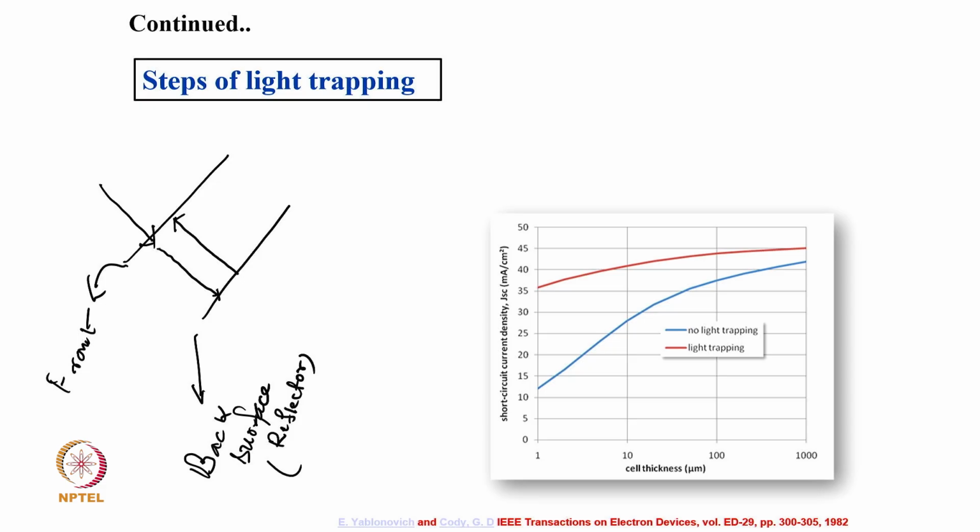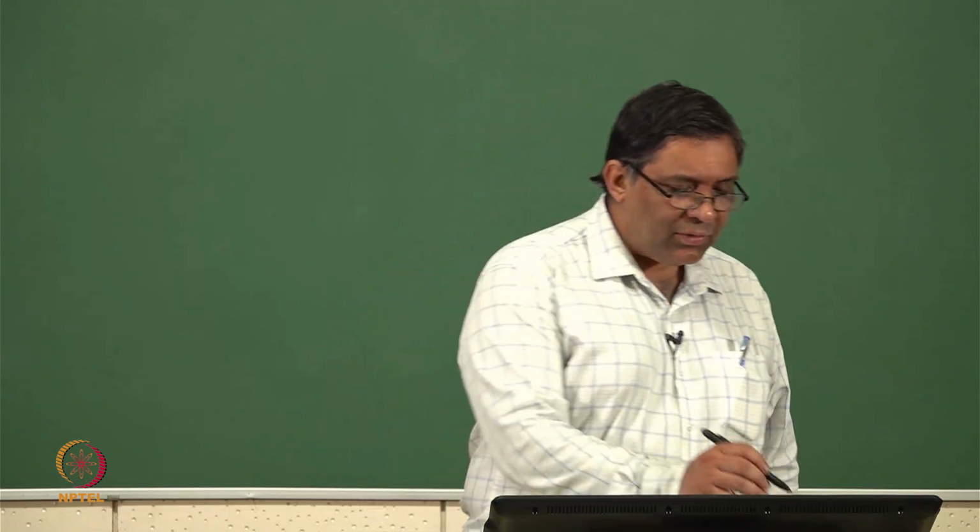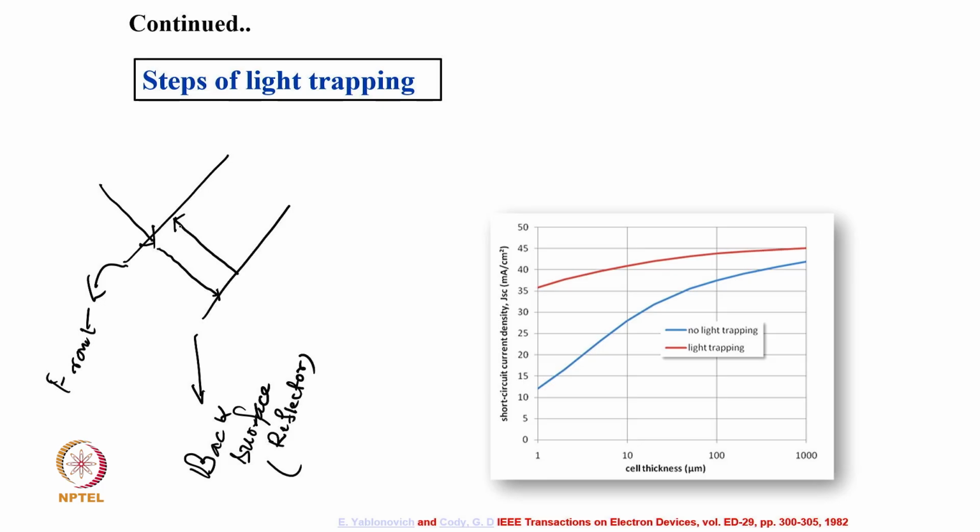Okay, so if you have a back reflector, what happens? This back reflector also reflects light back. So what essentially you have done is, you can see here it is one optical path length. If you do not use this back reflector, then this light goes out, then you have only one optical path length for that particular ray. And now you have another optical path ray, one more. So by introducing a back reflector, you can see you have 1 plus 1, 2 optical path length.